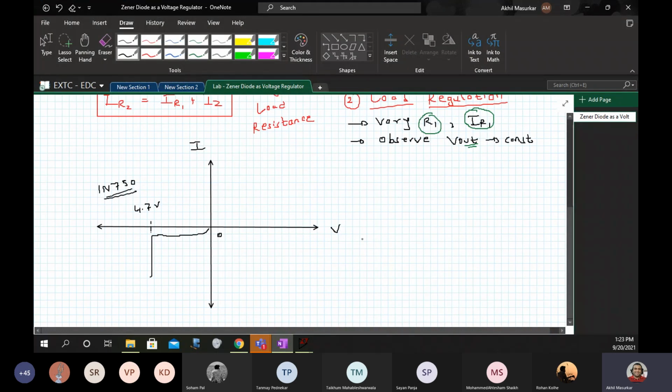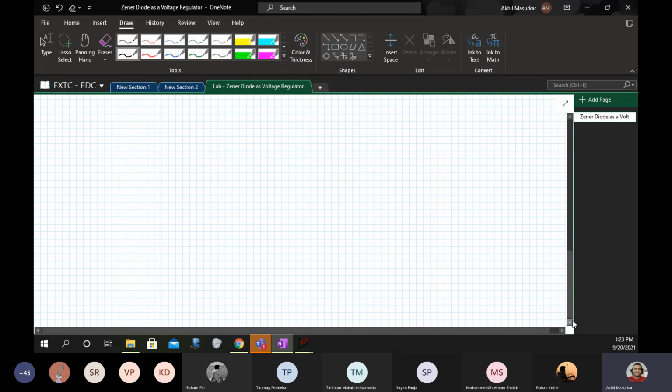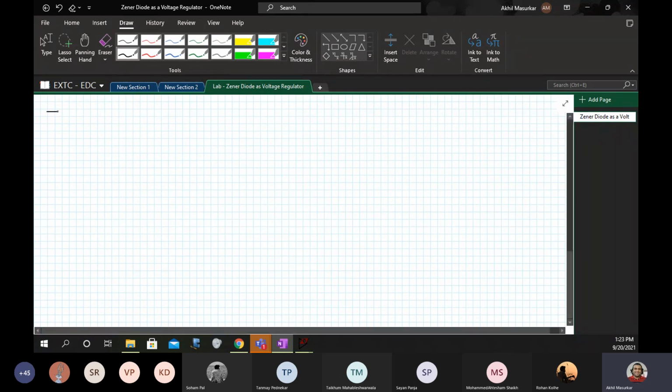So what I will do is, in our experiment, I will just note this value. So first I will write line regulation. Okay.